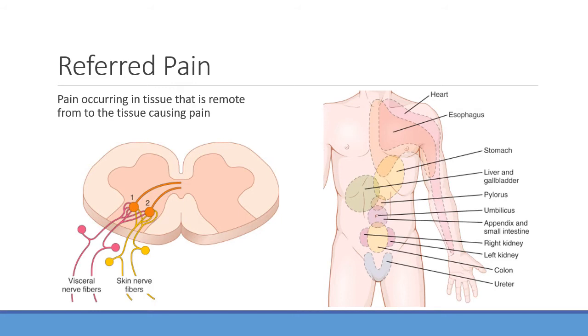A lot of abdominal pain is hard to diagnose in a lot of cases because a lot of it is being referred out to other parts of the abdomen. So it's hard to tell, okay, was this the appendix causing a problem, or is it the colon or the gallbladder? The reason for that is that a lot of the visceral nerve fibers, and visceral meaning we're innervating the organs, get mixed up with the signals from the skin nerve fibers.